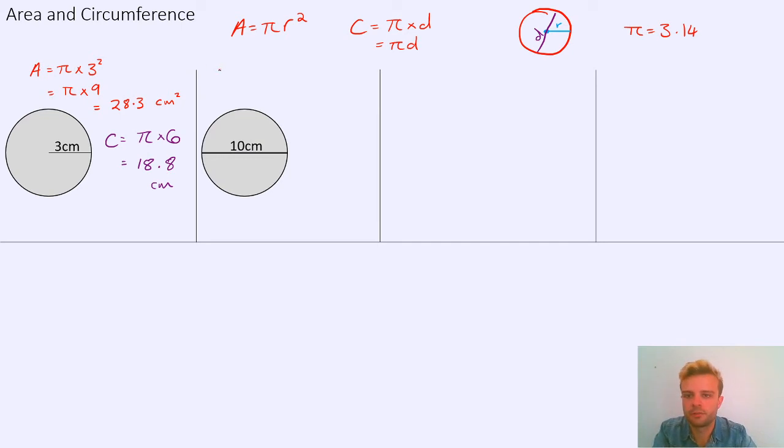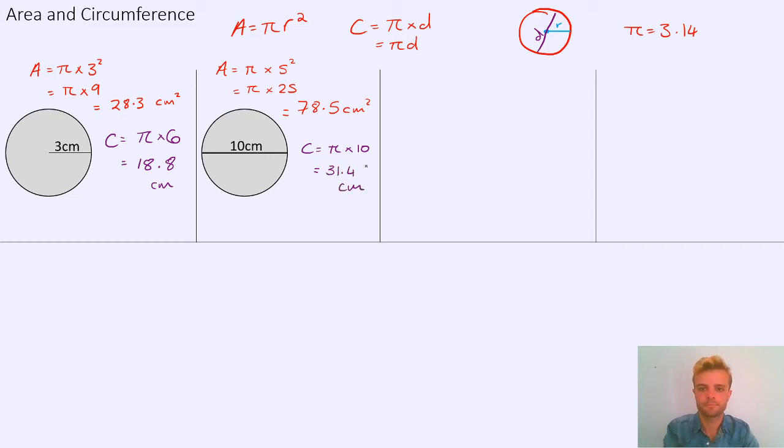Right, here's another one, and we'll do the same again. But this time I've been given the diameter and I haven't been given the radius. So to find the area, I need to do pi times the radius squared, but what's the radius? Well, if the diameter is 10, then the radius is 5, half the diameter. So area is pi times 5 squared, which is pi times 25, and on the calculator, that comes to 78.5 centimeters squared. And we'll do the circumference as well. It's pi times the diameter, which is pi times 10, which I don't need a calculator for once, is 31.4